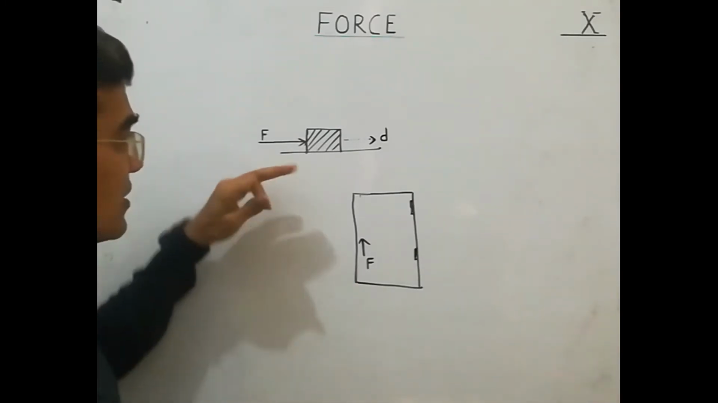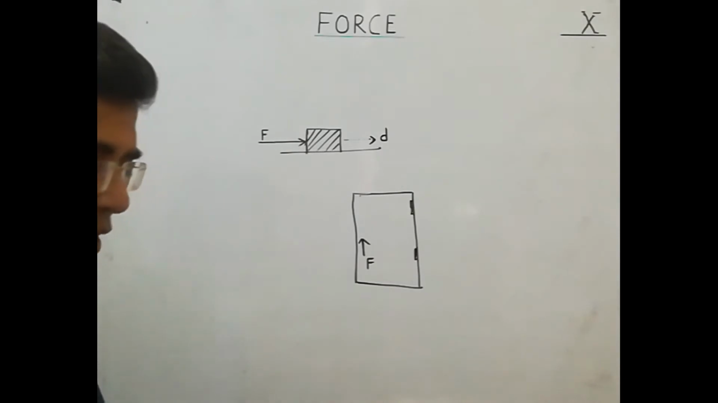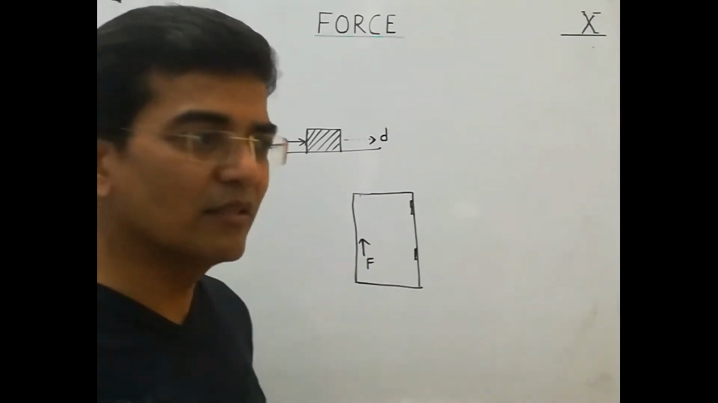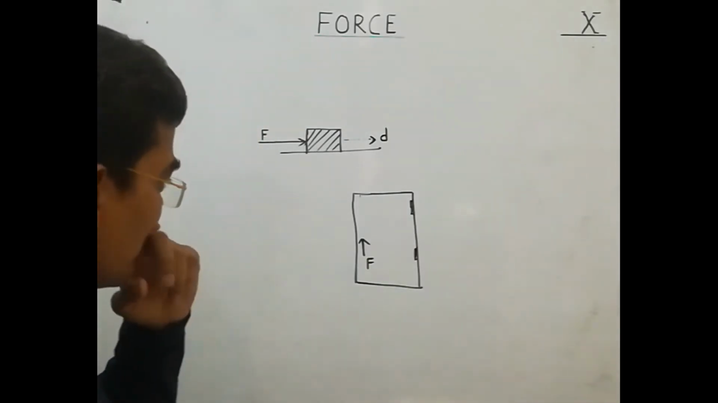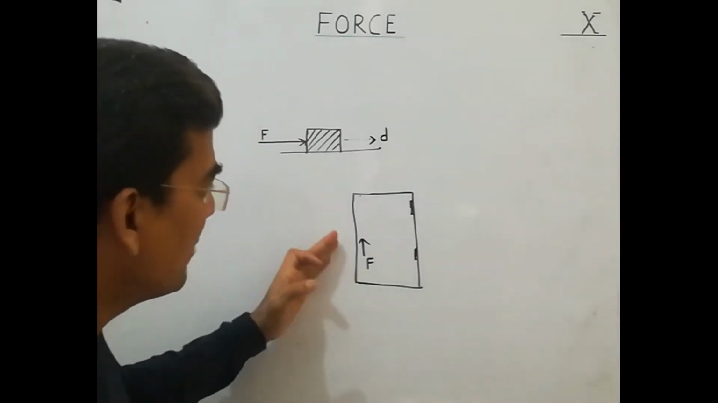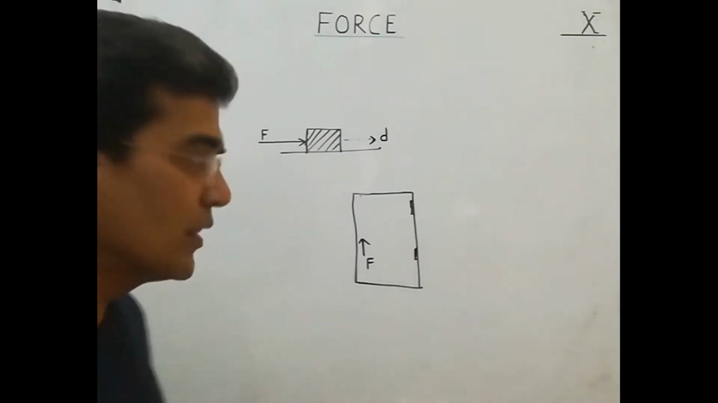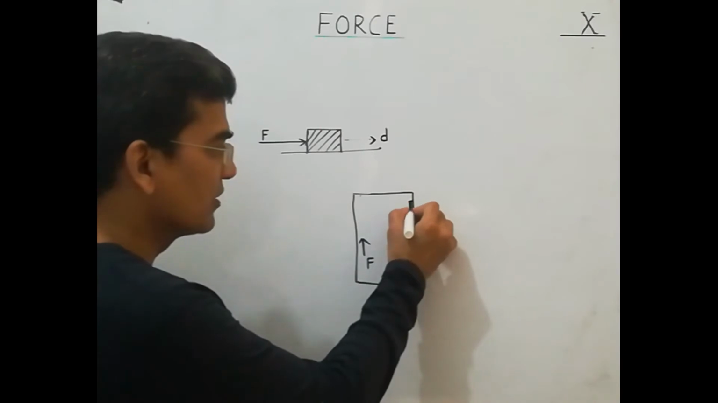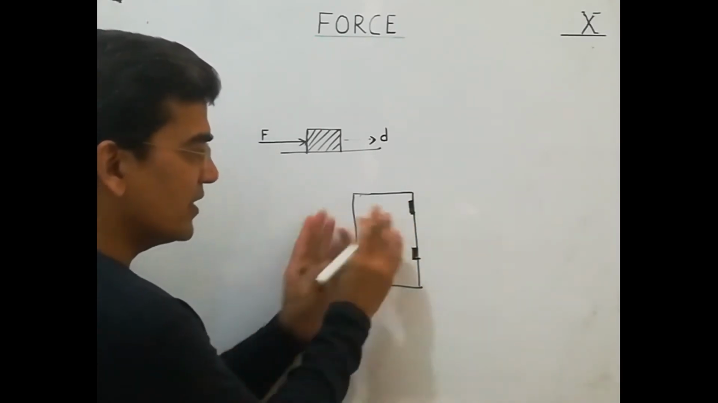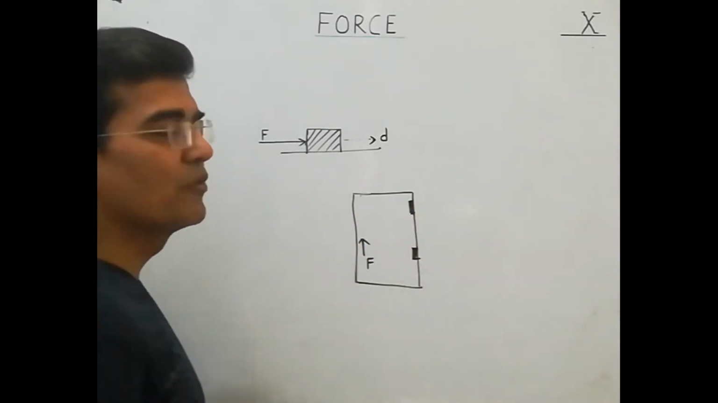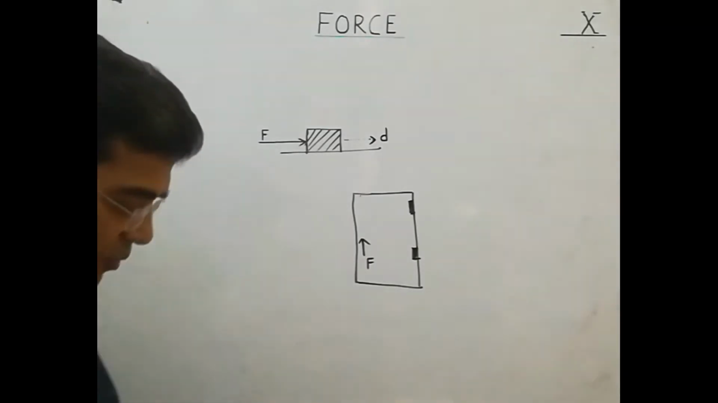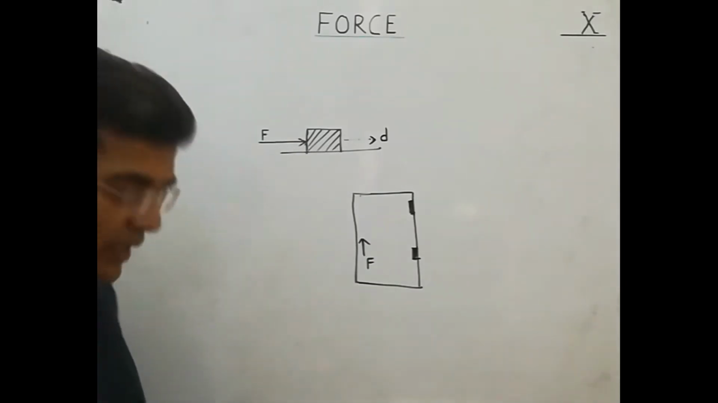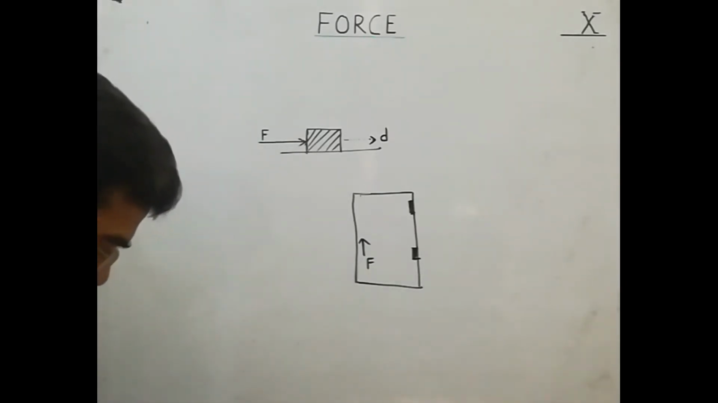For translational motion, an example is pushing a table. The second example, for rotational motion, is a man opening a door. When you open the door, the hinges are the fixed points, and about these hinges the door will rotate. So that is rotational motion. So, two types of motion: translational and rotational. Next we have